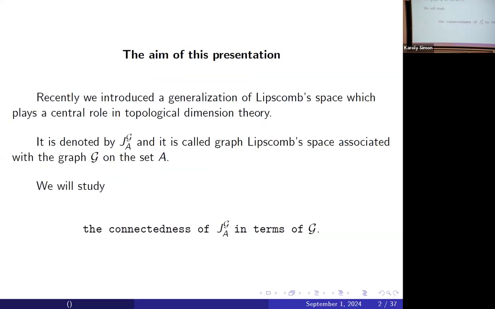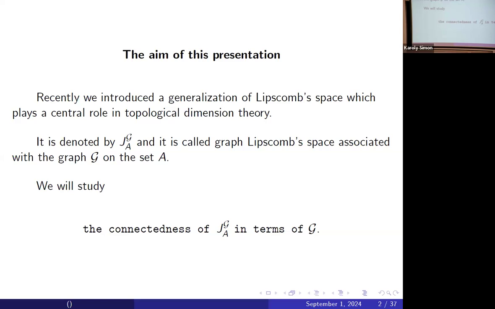Thank you. I should start by saying what the aim of my presentation is. In 1975, Lipscomb introduced an important space for topological dimension theory. And recently, with my colleague Alexandru Mihail, we introduced a generalization of this space. We denote it by J_G(A), and we call it the graph Lipscomb space associated with a graph G on a